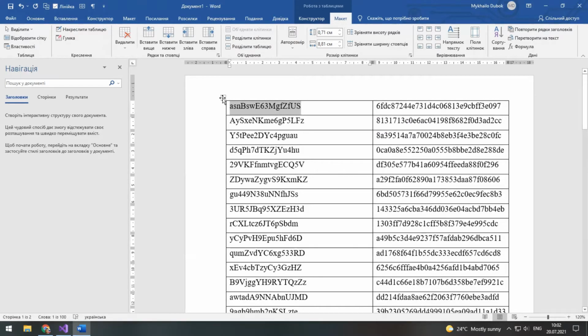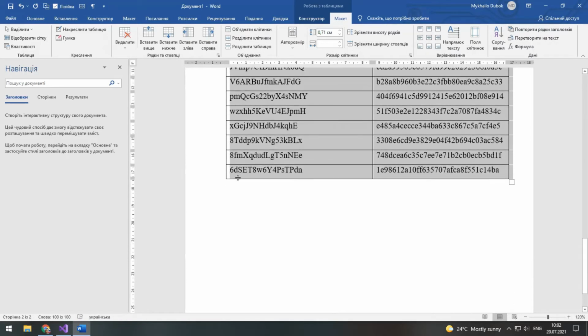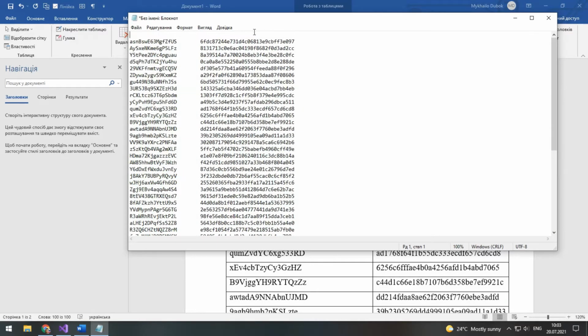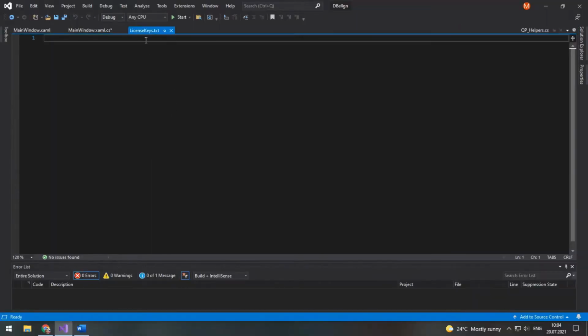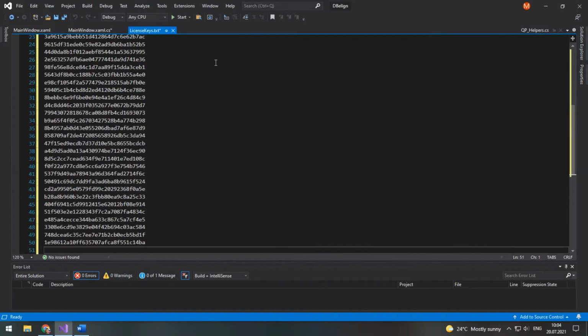So somewhere on your local machine, you can store this table as a whole to keep them associated for your convenience. I usually save it as a txt file, and I usually do it like this: keys and hashes. I saved it in my project folder, and I specified for internal use only so that I do not deliver it anywhere. But as I said, your program should store only the hashes, so the right column. So you can just copy it and paste it in your license keys txt file, which is used by the project. So paste it here and save it.